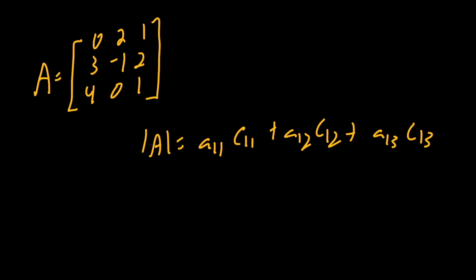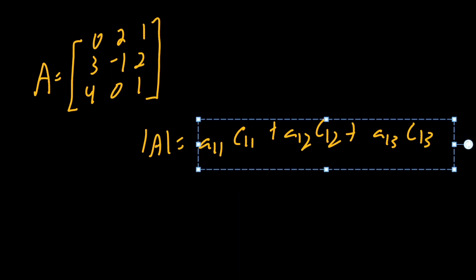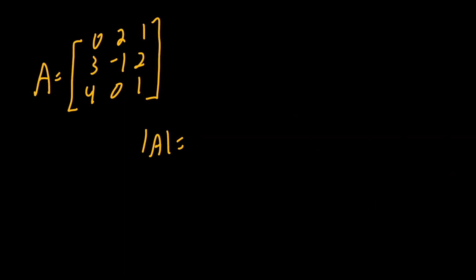You can also use the cofactors. You can use any rows, but the cofactors have to correspond to those rows. So the determinant right here, this equation, is for row 1. But if we were to find the determinant for row 2, we would have to solve it like this, where it's a sub 2 1